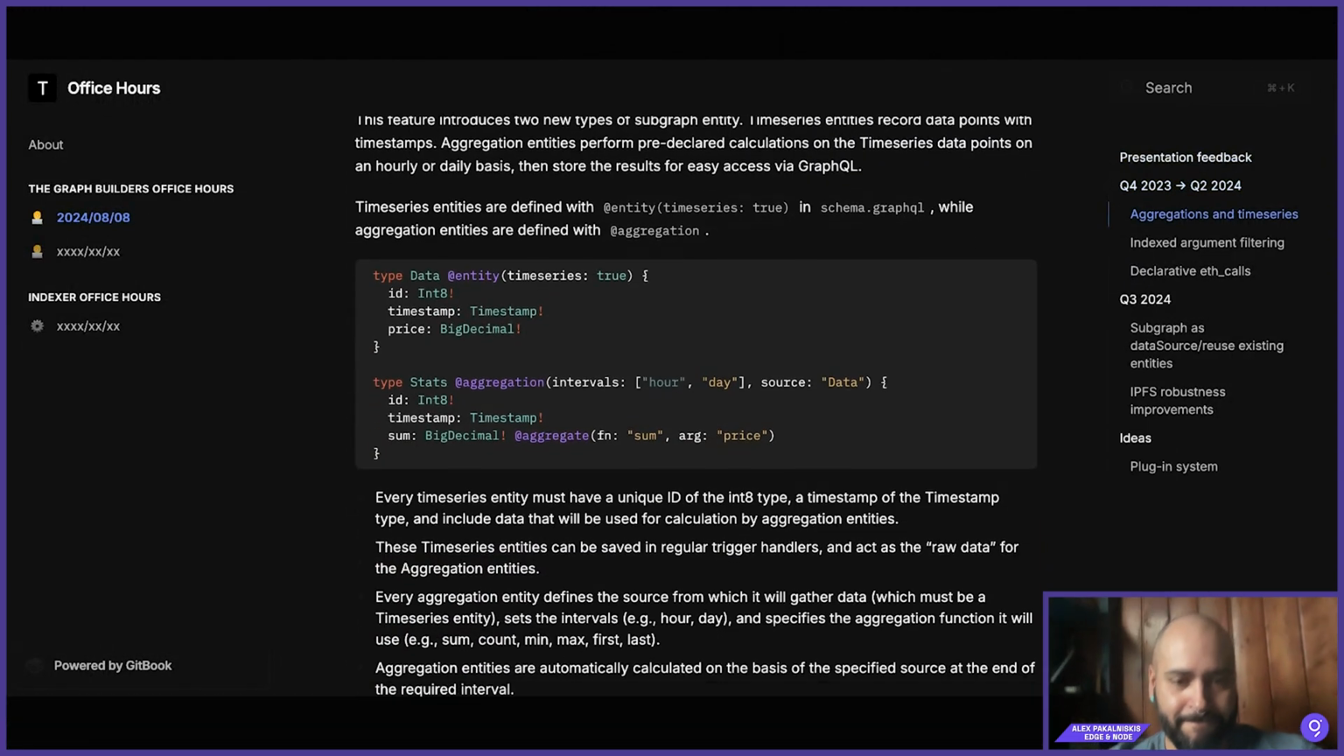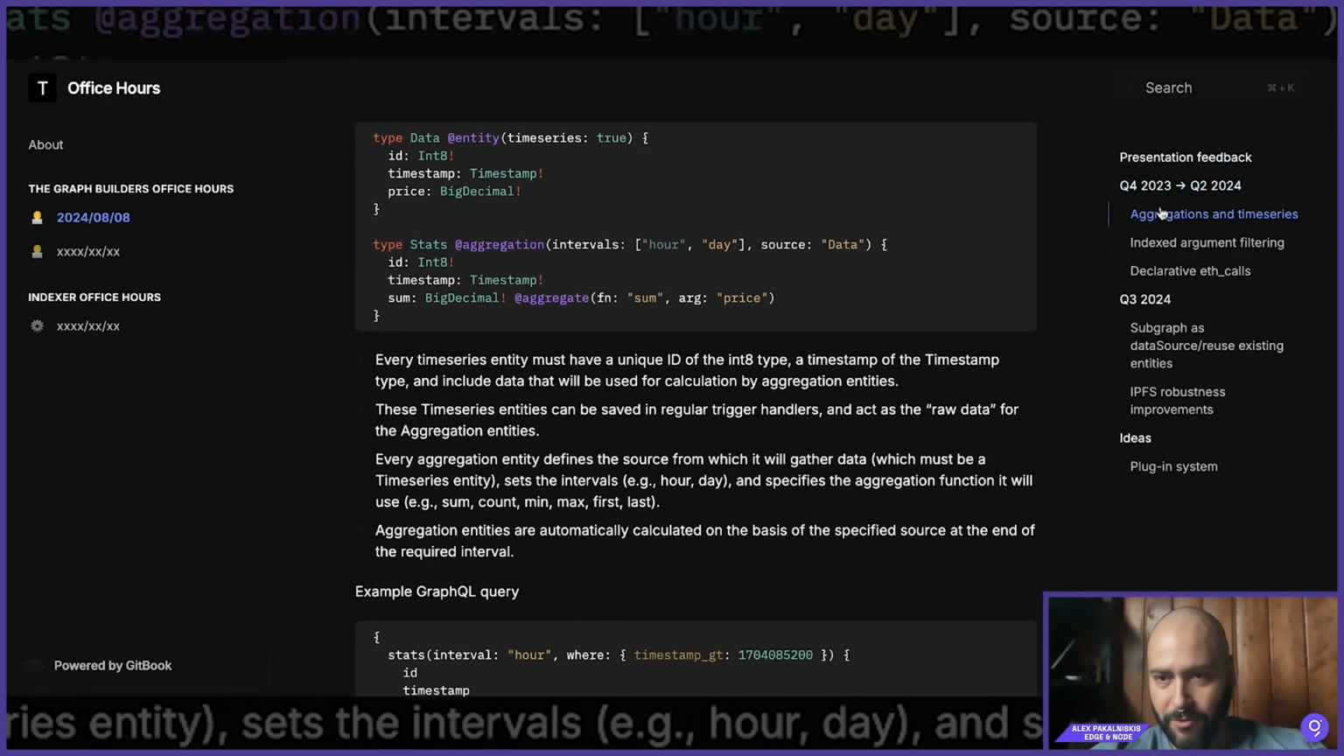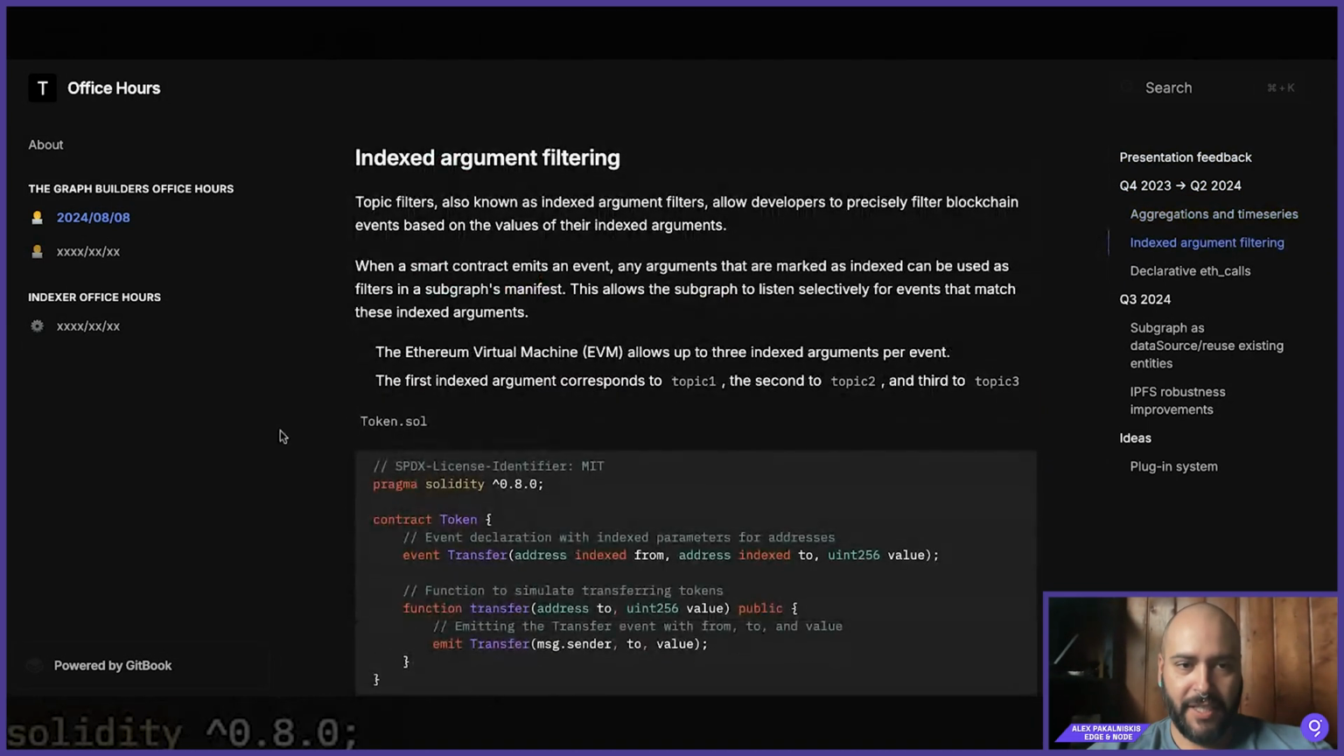So yeah, let's move on to indexed argument filtering. This is another pretty new feature that we're excited about that lends to the energy of just getting the data you want and nothing more. And so topic filters, or indexed argument filters, allow developers to precisely filter the blockchain events based on values of their indexed arguments. So that's a bit of jargon, but